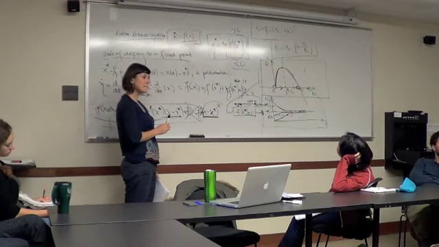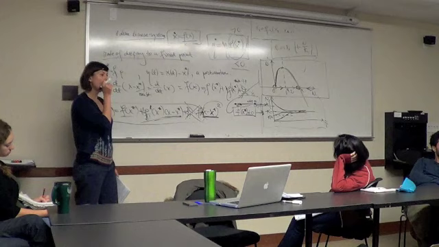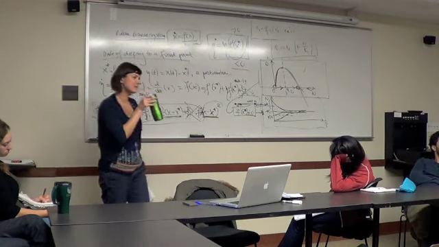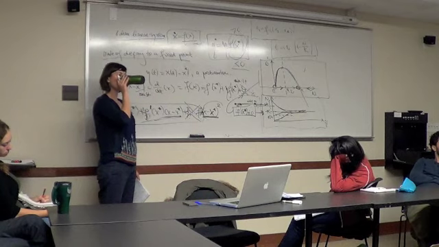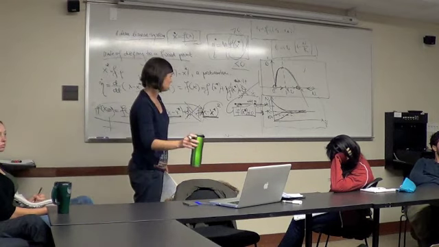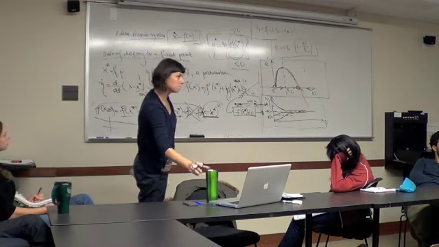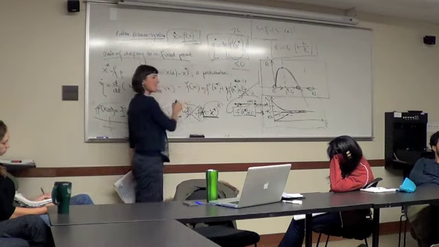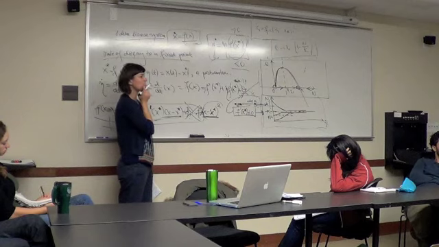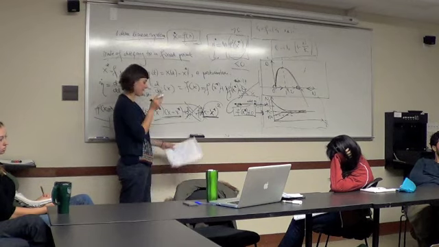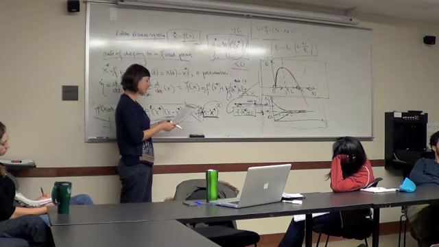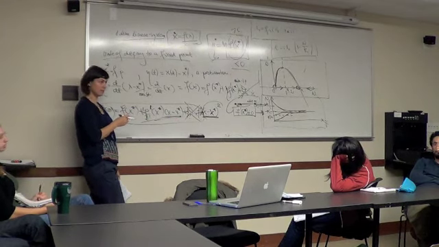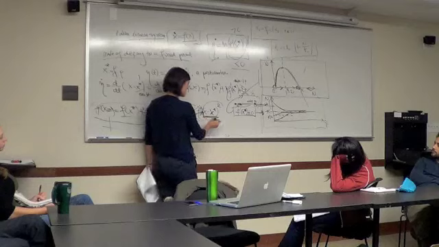So this perturbation, just in case anybody's unclear, imagine you have a pendulum or something, and you move it a slight little bit away from the equilibrium point. It's going to move back towards the equilibrium point, and this is telling you exactly how fast that moves. So this eta is just the distance you are from the equilibrium point. If it's decaying, you're getting closer and closer to the equilibrium point, and if it's growing to infinity, you're getting farther and farther away. Just like we talked about with the stable and unstable points.